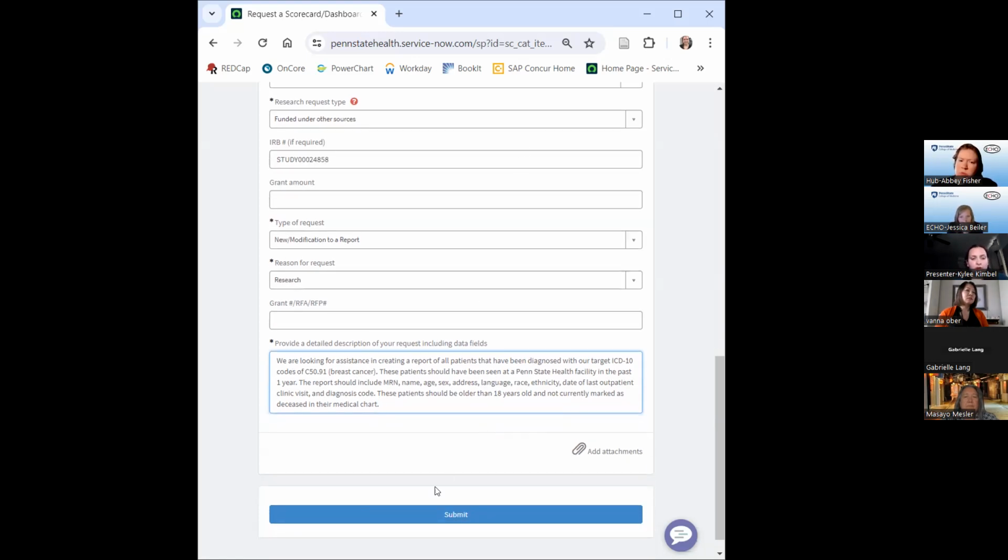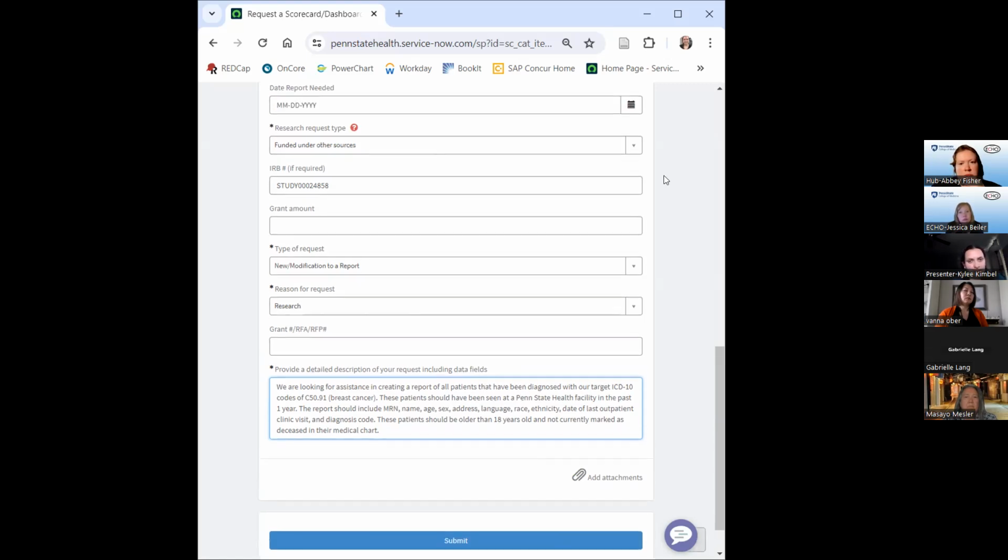And then from there, you would hit submit, and then it just becomes like any other IT ticket, and it will go to the EIM team. And then, as they mentioned, they'll follow up with you after that, confirming that they have received it. And then the next step for me was Messiah was actually my analyst for this project. So Messiah and I met and went over the details, and we talked through any specific questions that she had as she tried to fill out the design specification form.